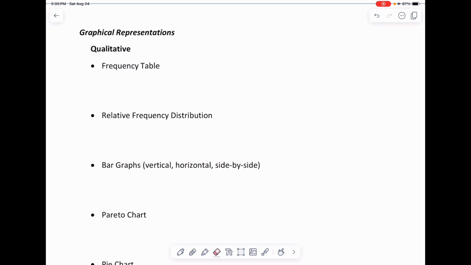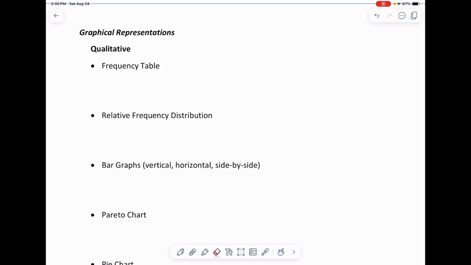So as you think about who is going to see the graph, the visual, the table, whatever it is, who is going to see it and what is their level of knowledge, mathematical, statistical, so on, so that you pick a representation that's going to be at an appropriate level for them. If it's a group of people who are in the field, who understand graphical representations, who understand data, you may want to use a representation that's more in depth, more revealing about the data, tells a bigger story,